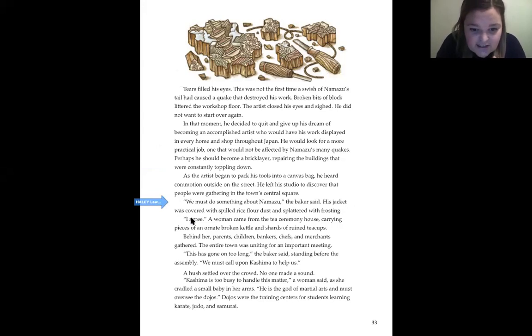And they say, I agree. And then down here, it says the entire town was united. So this earthquake united the people and showed us what the big issue is going to be in the story. The people are fed up with this catfish, and we're going to figure out what they are going to do about it. So let's keep reading.